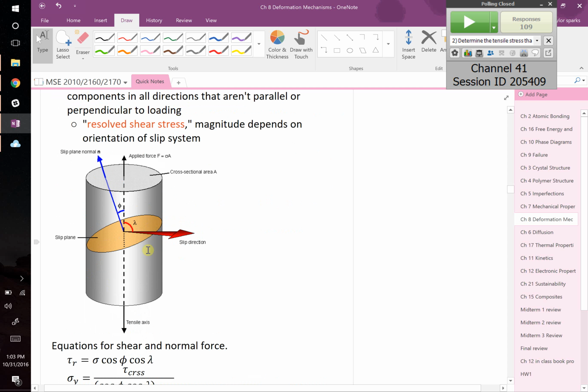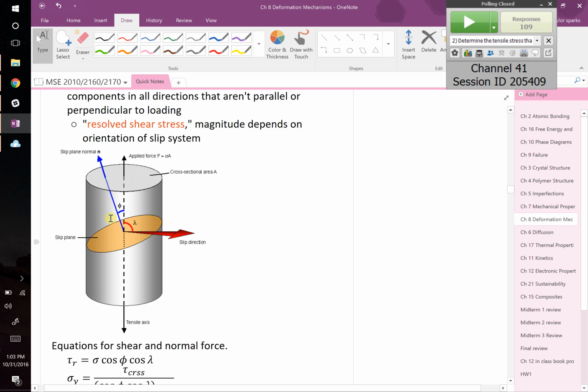We said that if you have a single crystal, imagine this big cylinder is a single crystal, right? It's a giant crystal of silicon. They actually make them huge, right? They're 12 inches. They even make them 15 inches wide now and like 12 feet tall. All perfectly oriented in one direction all the way through, right? So if you take that and you pull on it, what I've said in class is that you're only going